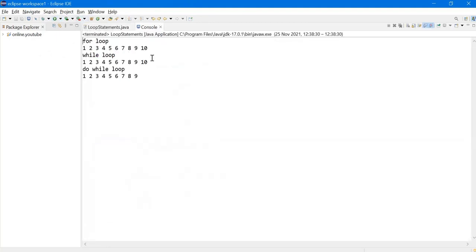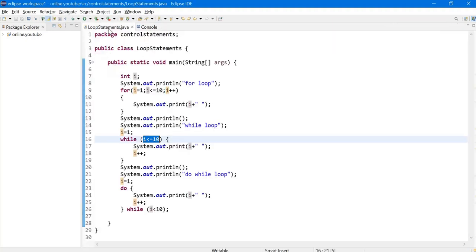Perfect. Our program has worked. So the for loop executed and displayed the numbers from 1 to 10. And the while loop also displayed numbers from 1 to 10. And the do while loop, it didn't, because we missed out the equal to here.